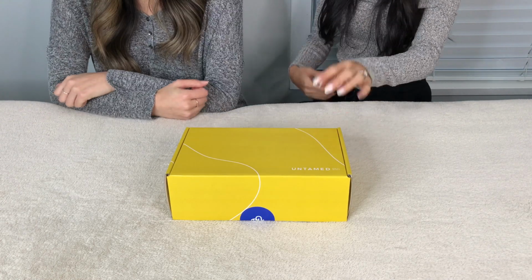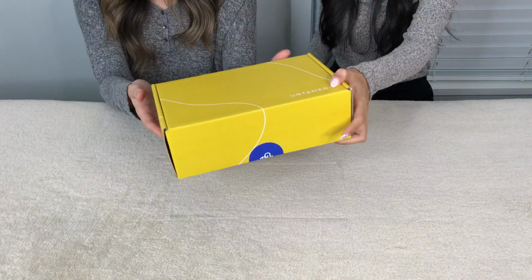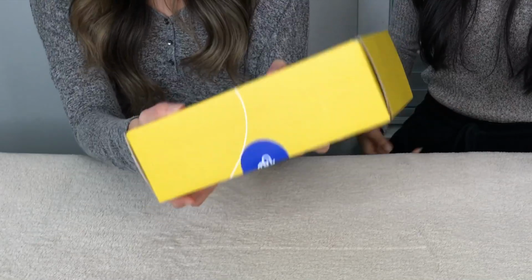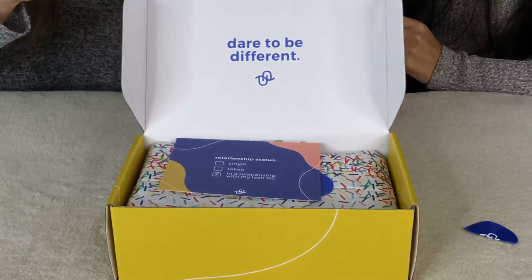So we're going to unbox this package from Untamed Artistry. I know, it's pretty heavy. I want to know what's in here. Actually, yes, it's so compact. Yes, it's a lot. Oh, nice. Oh my god, this box is